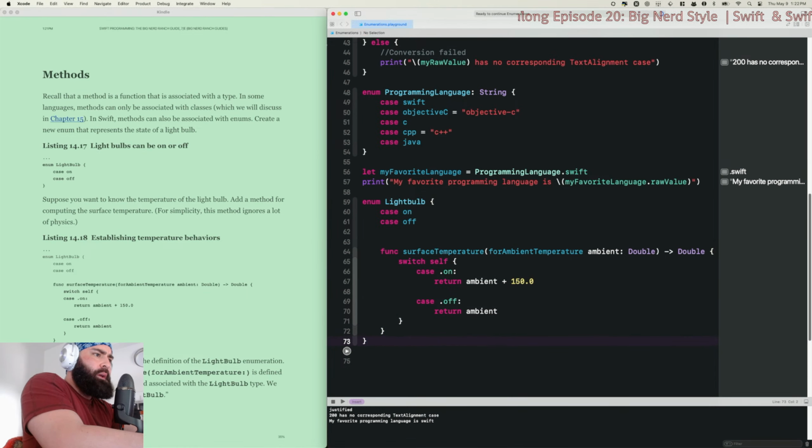Yeah, that should work. Because surface temperature for ambient temperature is defined with the enum, it is now a method associated with the light bulb type. It is now a method.